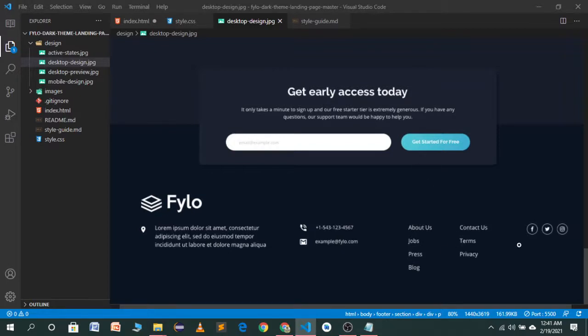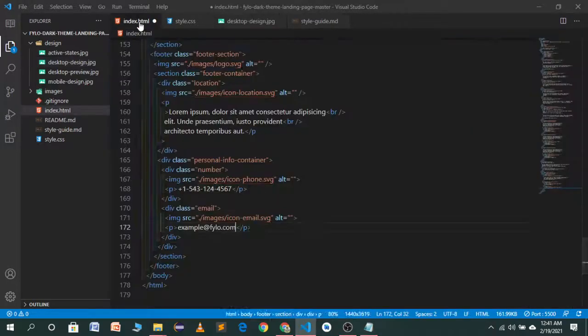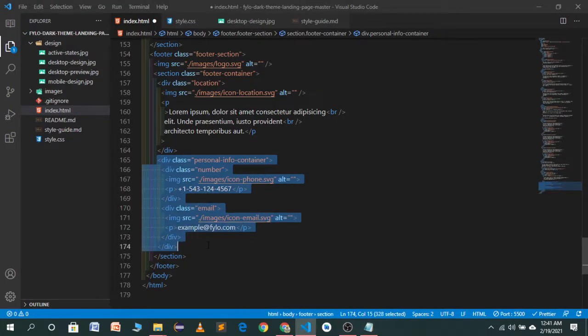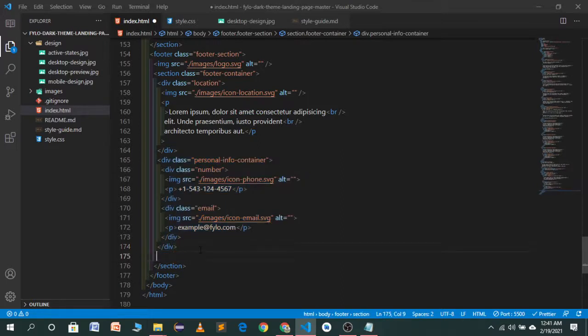There are two menus and a social container which contains social icons. So this is a personal info container, I think so, and at the bottom we want a menu.